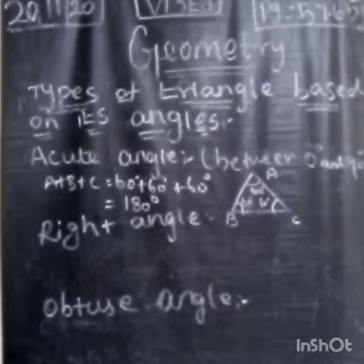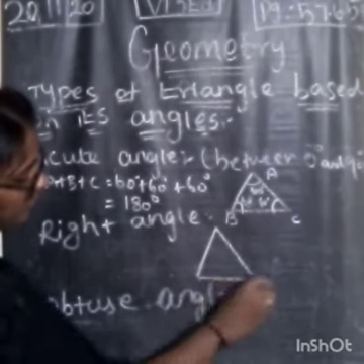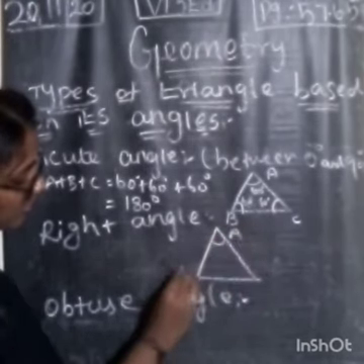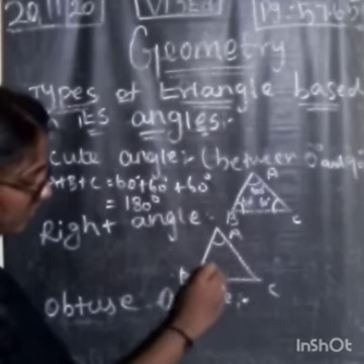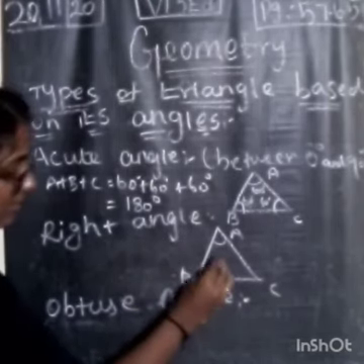And then, what is a right angle triangle? A right angle triangle means that if an angle of a triangle is a right angle, at 90 degree, then it is called a right angled triangle. Let us take one example. A, B, C. So here B is the right angle.